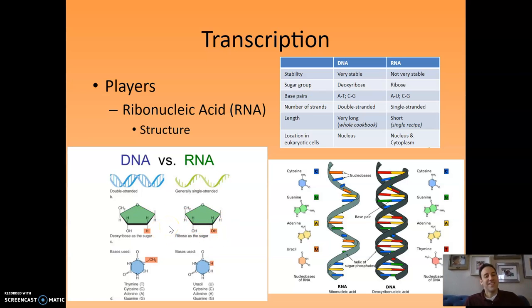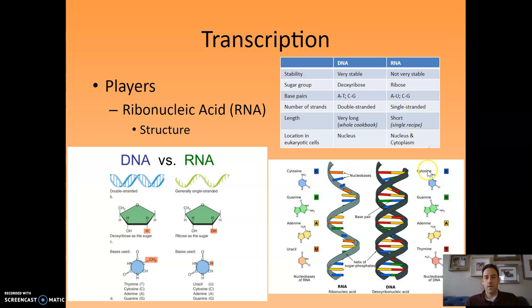Anyway, we'll move on. So that OH group is what's different. Ribonucleic acid versus deoxyribo. The base pairs are a little bit different too. We've already seen that in DNA, the bases are A, T, C, and G. In RNA, it's A, U,